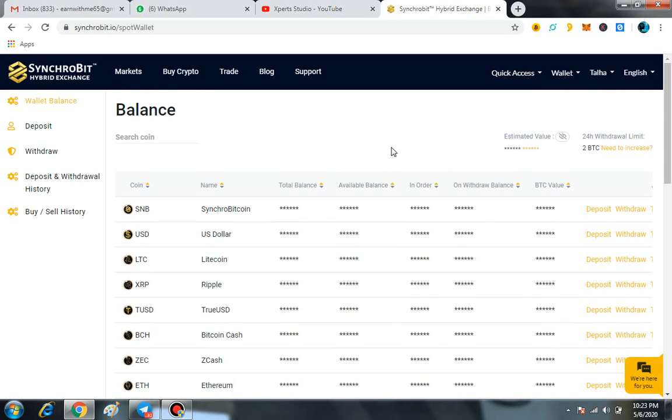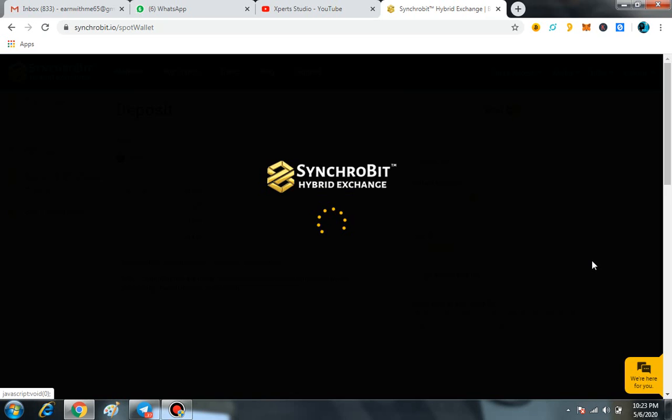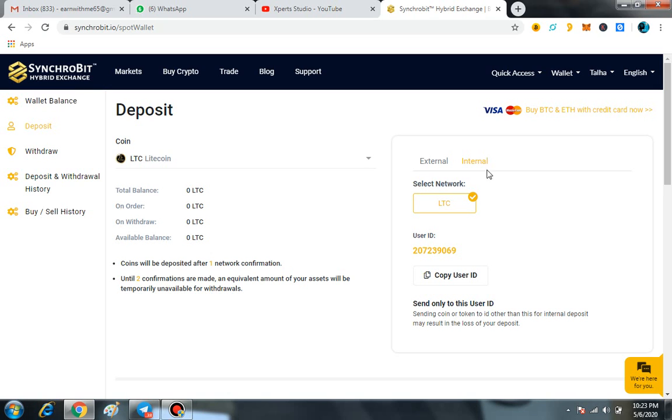Now for example, I want to deposit LTC or XRP, anything. First of all, I'm going to deposit LTC on this exchange, so it is entirely easy. When I click on the deposit icon, they will show me both options.